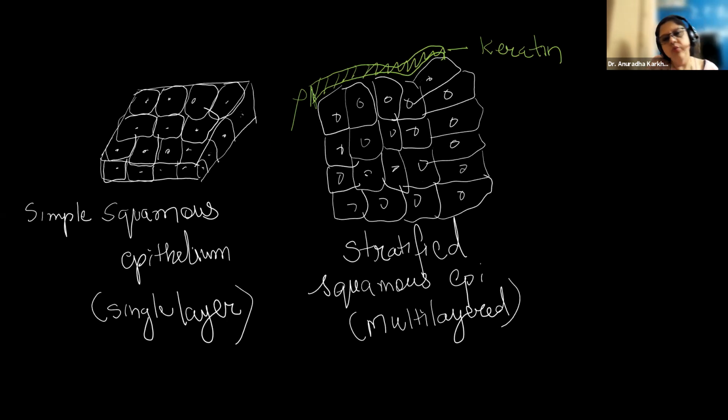So a multi-storied building is going to be your stratified squamous. And a single ground floor वाला जो एक छोटा हट के जैसा होता है, that is your simple squamous. So you understood the difference between the two, right? So what they are saying is that the mucosa layer is going to be stratified but non-keratinized. So उसके ऊपर ये keratin का layer नहीं होने वाला है. But थोड़ा बहुत idea आ गया what I'm trying to tell you all?